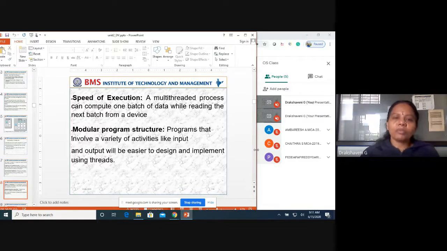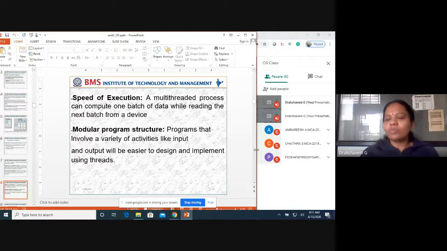Then modular programming structure: programs that involve a variety of activities like input and output will be easier to design and implement using threads. As for speed of execution, if one student does a complete project, he may take some months. But if the same project is distributed among two or three people, the work will be faster.